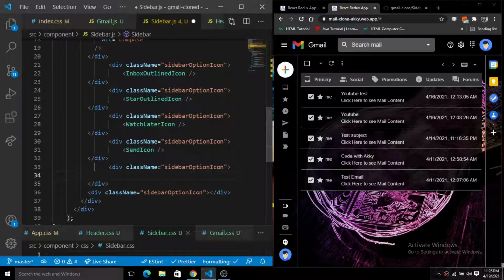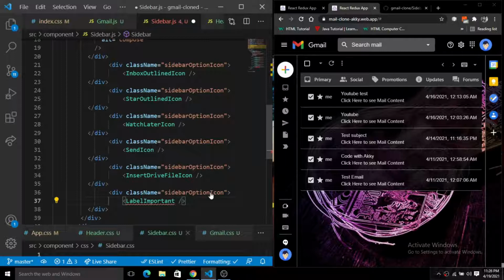And last, this is a label, right? So this is label important icon, right? So we have this label important sharp icon, right?